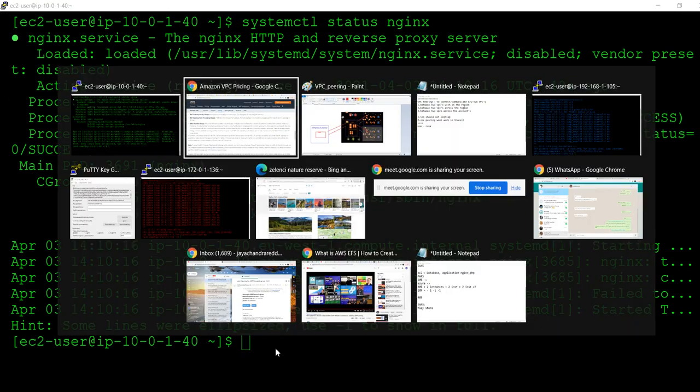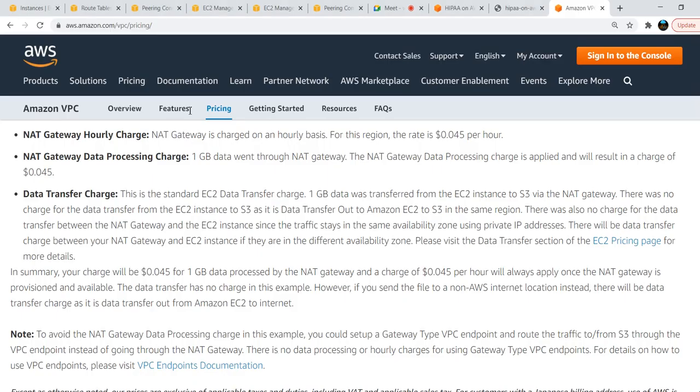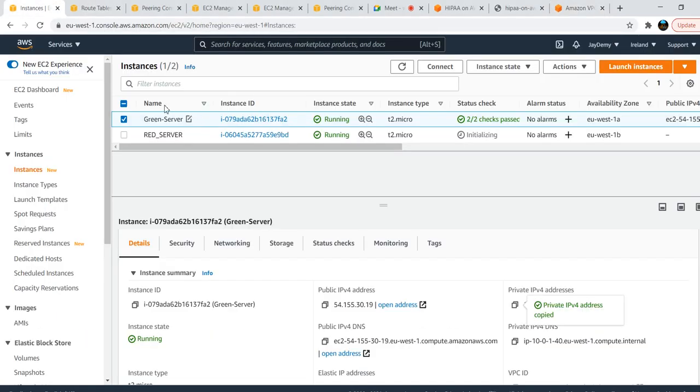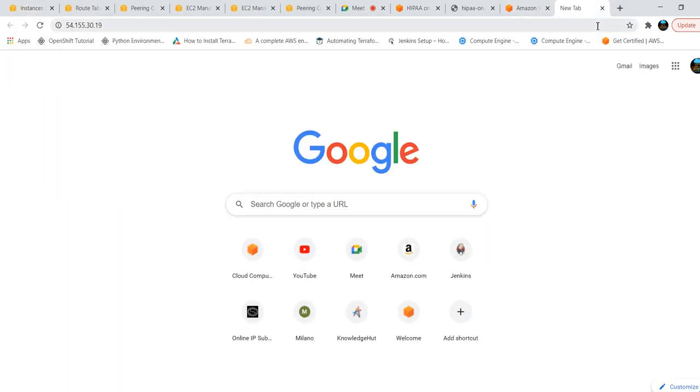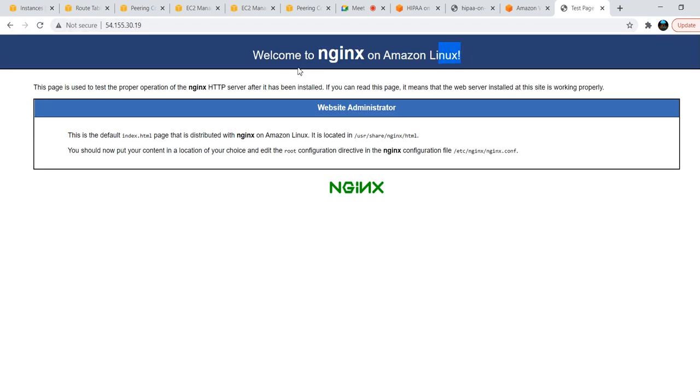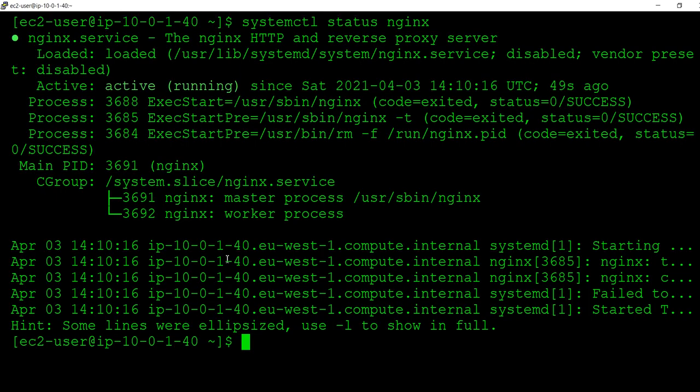Now we will verify whether this nginx is running from the server's public IP. Just take the public IP of the server, navigate here, and press enter. See, you get Welcome to nginx on Amazon Linux. This is the sample website we are running on that server.